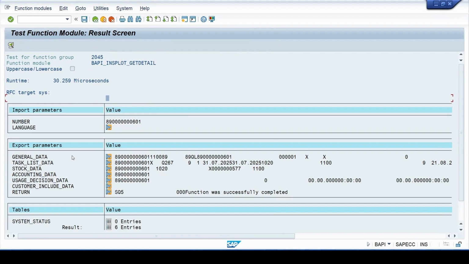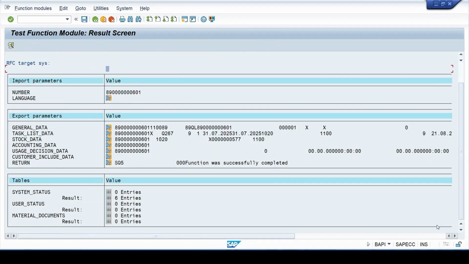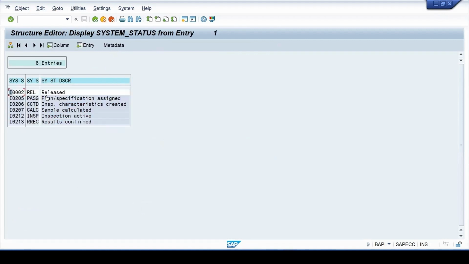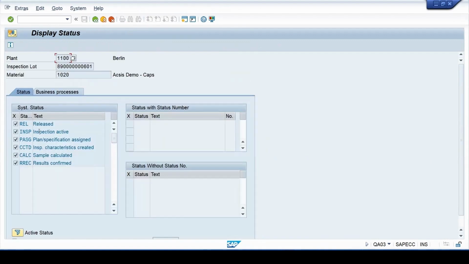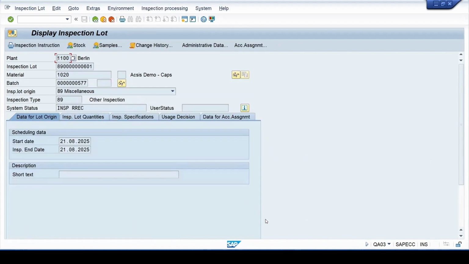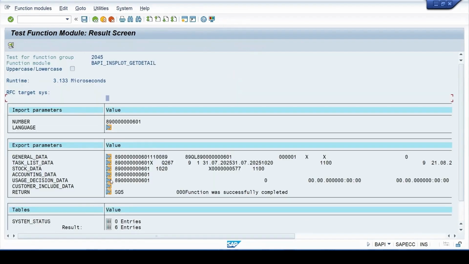The general data is there, the task list relevant data is there, and the system status for this particular inspection lot, six entries it is showing. If I click on this, these are the system statuses. It gives you the details, even the task list, like which inspection plan it is linked to.